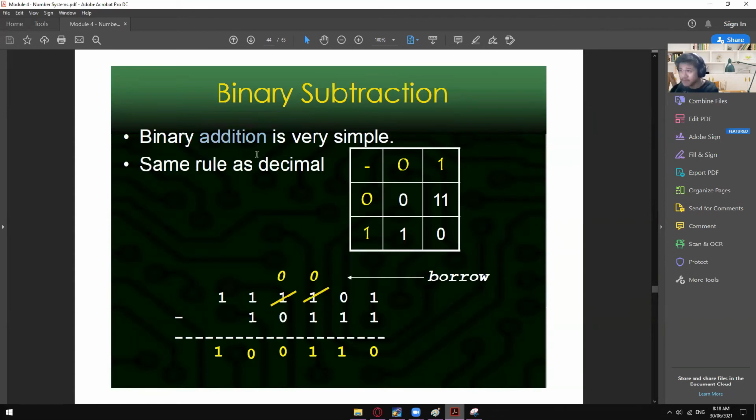Not binary addition. So in here, of course, 1 minus 1 is 0, but 0 minus 1 cannot be. That is why you have to borrow from this neighbor of yours. So this one will become 0, and this 0 will become 10. Okay, so that's how things go in here. To make this one simple,